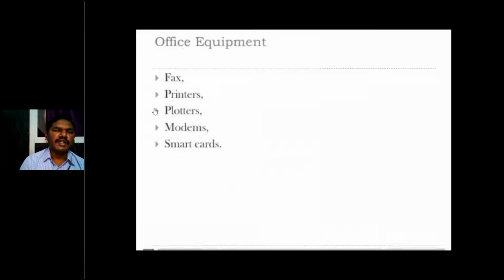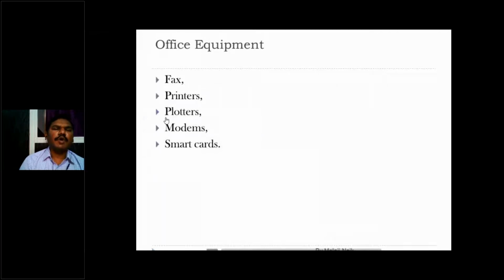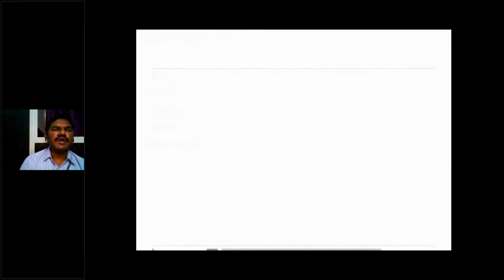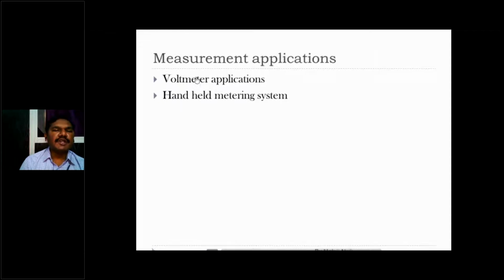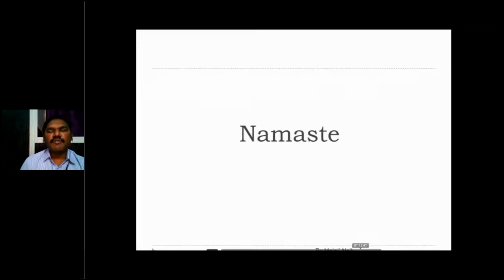Today there are smart TVs. Fax devices, printers, scanners, plotters, modems, smart cards. All are using these microcontroller applications only. Cordless phones, answering machines, pagers, cell phones, which I have given already. Voltmeter applications: today we are using digital voltmeters in our laboratory, and all these are applications of microcontrollers.